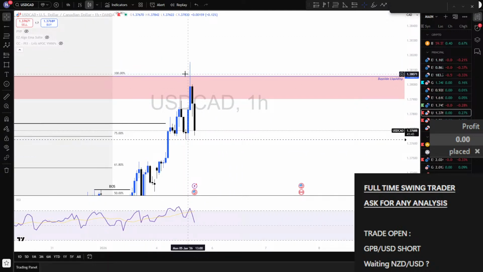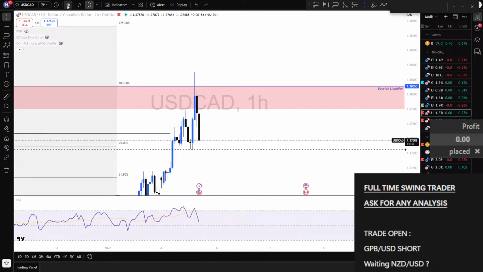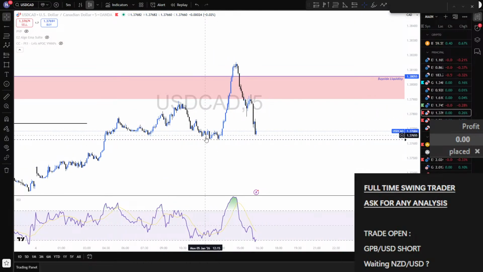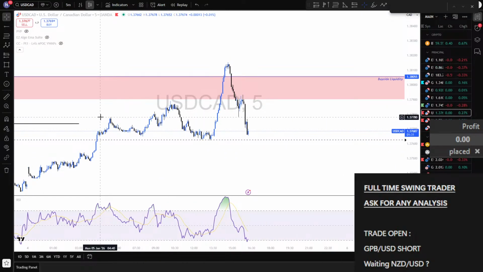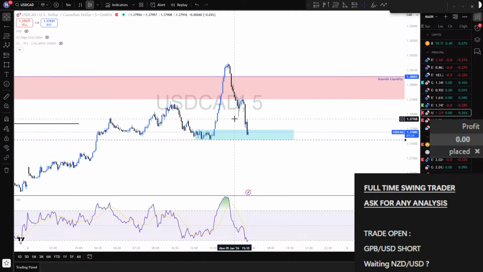When he swept like that, you can also go in 5 minutes if he gives you your setup sooner. But in 5 minutes, it's exactly the same. The low to break is this one. So we'll see after that. Once he breaks this,